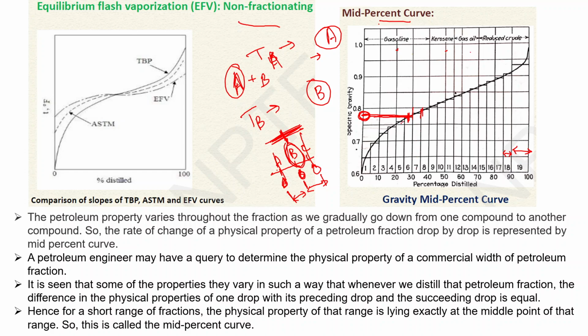The property of this point lies, we can take the average of these two. For the property of this point, we have the values for these 2 points, but for the properties of this point, we can take an average of these 2 points.